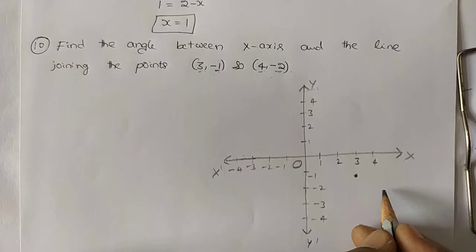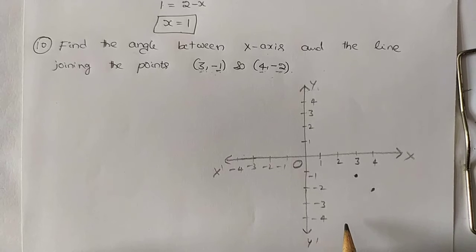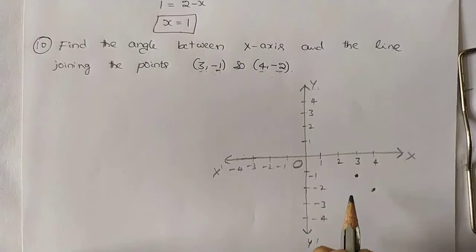Next (4, -2): this point will be (4, -2). If we join these points,